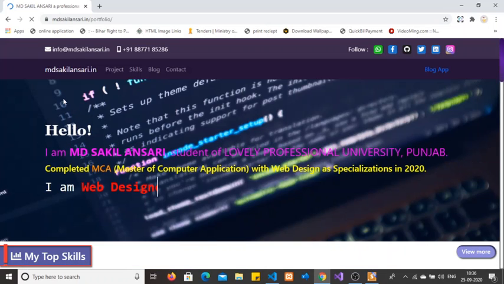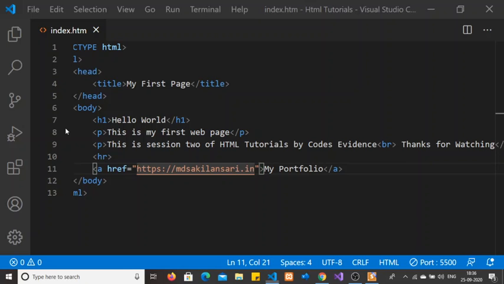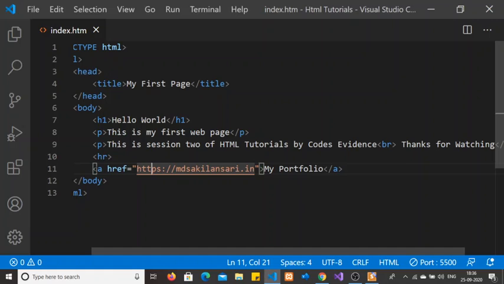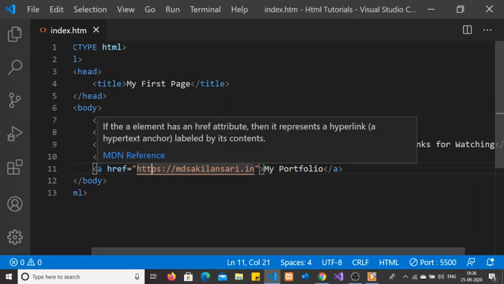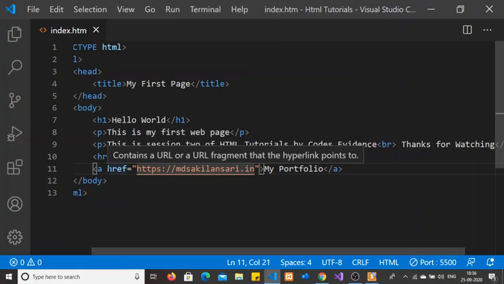Okay, let's go back to the HTML page. A is the HTML tag. Inside that I added href, that is the attribute, and the attribute has some value. So I gave the URL of my website. Let's add another